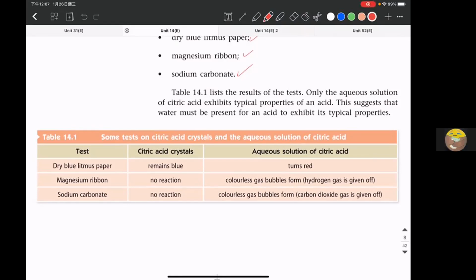With the presence of water. Yes, water must be present. So underline the term: water must be present for an acid to exhibit its typical property. So water plays a very important role. But